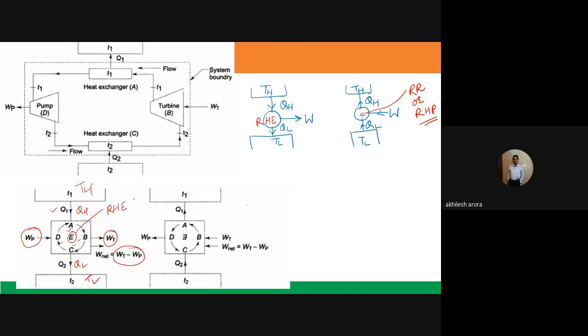Okay, and similarly this is showing the reverse part. Actually this is the reverse, so this E is written in the opposite direction to show that the engine has been reversed. Here you can see this is going in the clockwise direction, here it is taking place in the anti-clockwise direction. So you can see the energy interactions of WT have been reversed, WP has been reversed, Q1 has been reversed in direction, Q2 also has been reversed in direction. So this is basically a reversible heat pump or reversible refrigerator, and this is a reversible heat engine actually. This I have already explained to you.